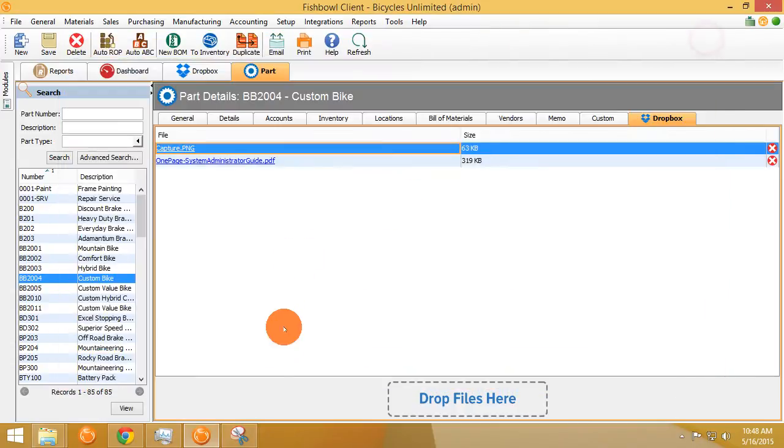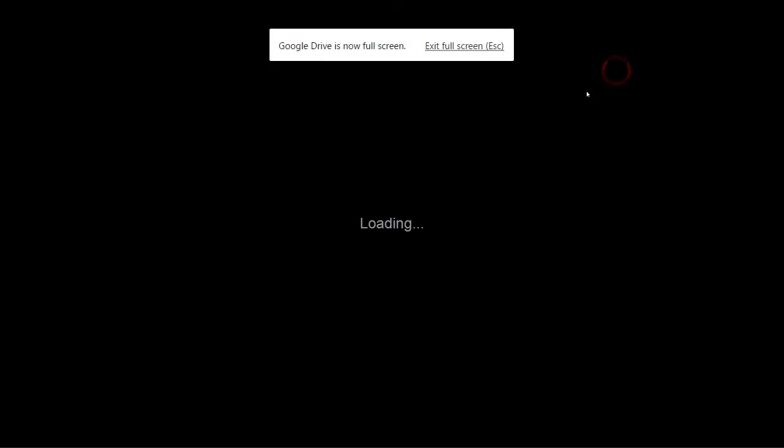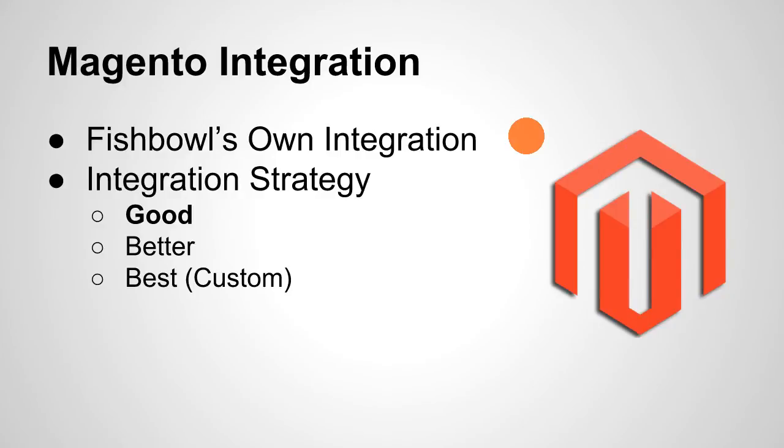Okay, let's talk about Magento. So the Magento integration is really interesting. I'm going to start seeing Fishbowl do more shopping cart integrations, probably because they want something on their own. Right now, the offerings out there by the Fishbowl Inventory partners, I don't do shopping carts, so I'm kind of impartial now,